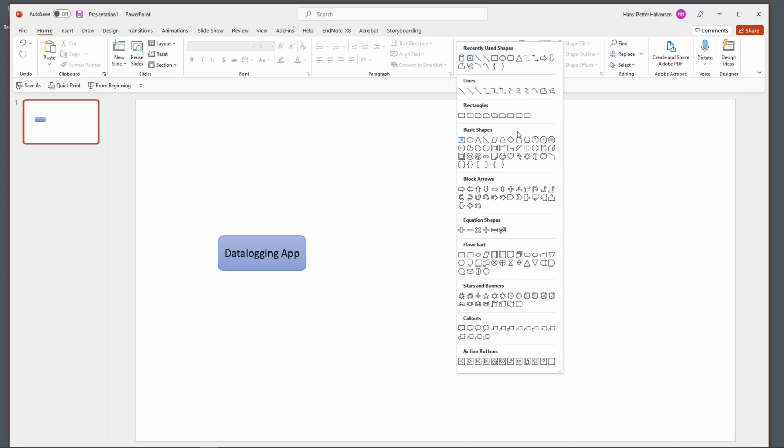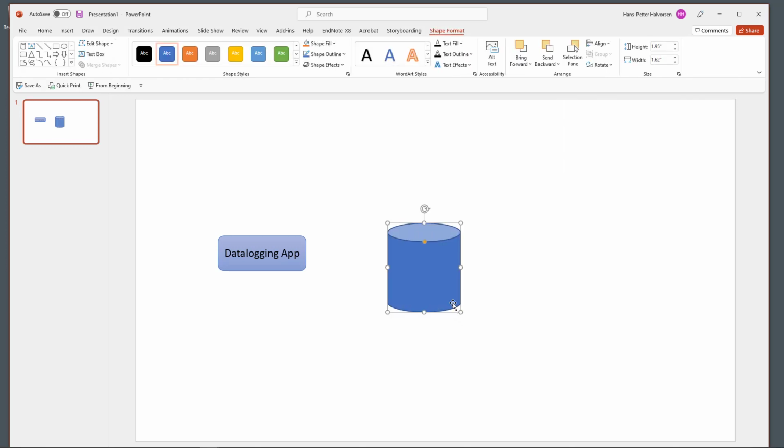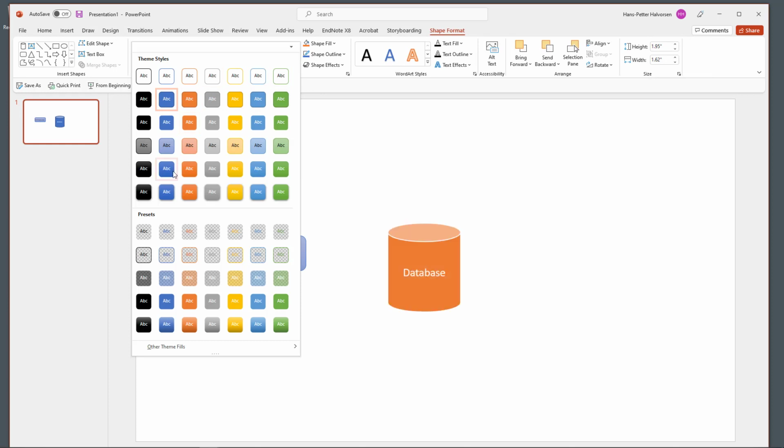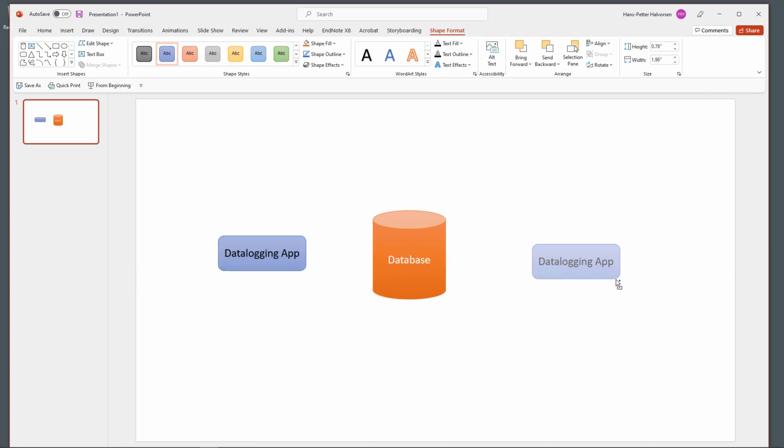Here for these basic shapes you have this symbol cylinder, which typically could be the database. So I just click inside the object and create or type database like this. I also can change the color here, assuming this is orange or something. And then I can just copy this one, assuming I have a